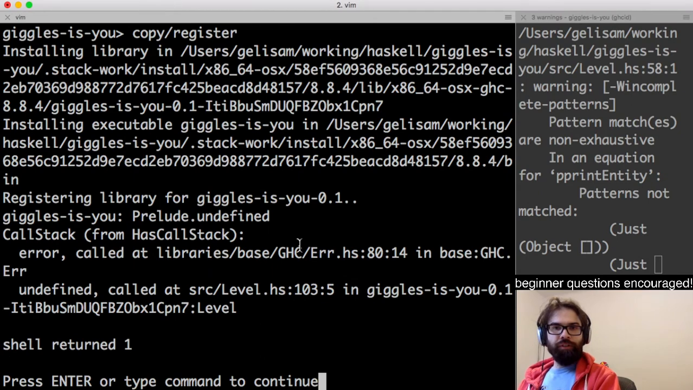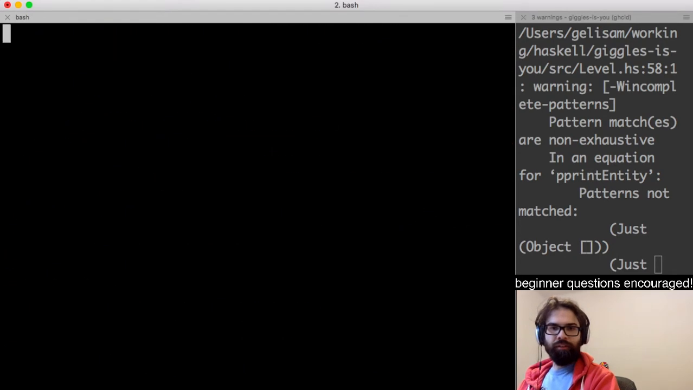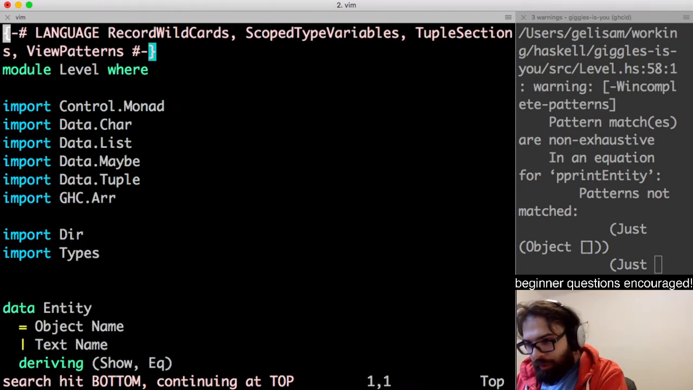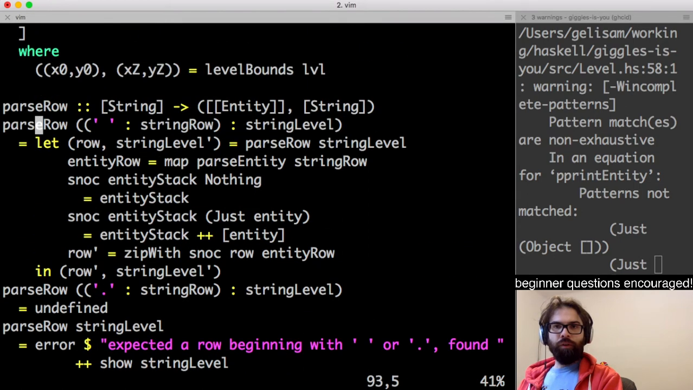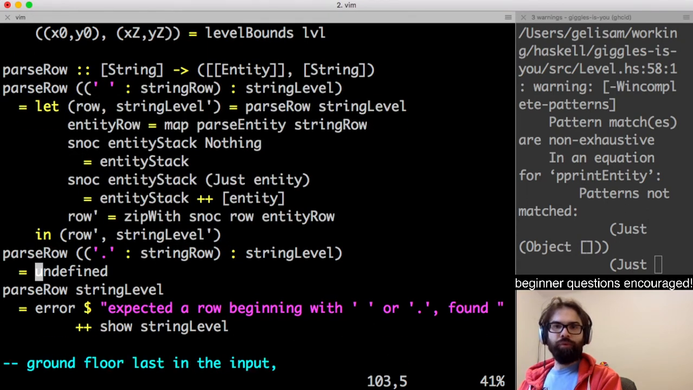Still crashes. Oh, with undefined. I've not finished all of my undefineds. I have not. Bad boy. Right, because I did the case with the space. Now I need to do the last row. In which case,